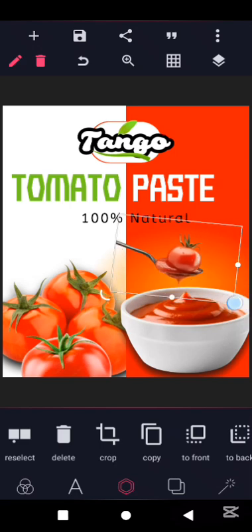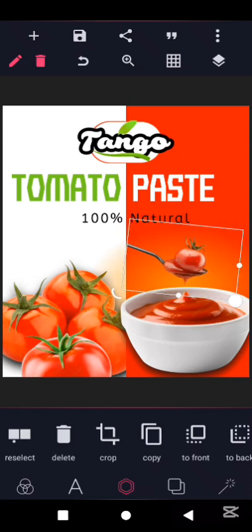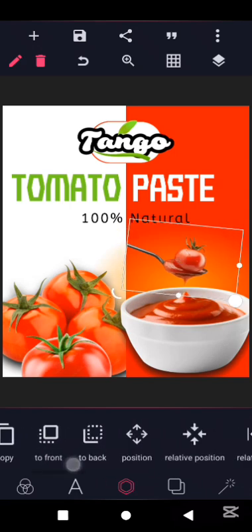I'm trying to set it so the dropping part will be aligned. Okay, so